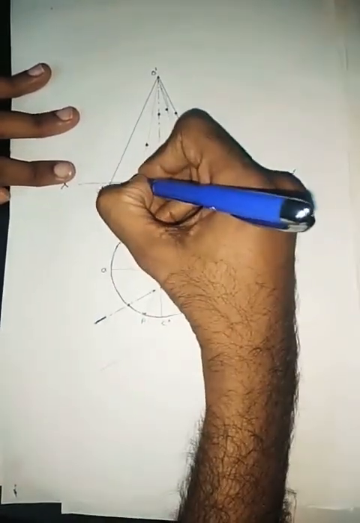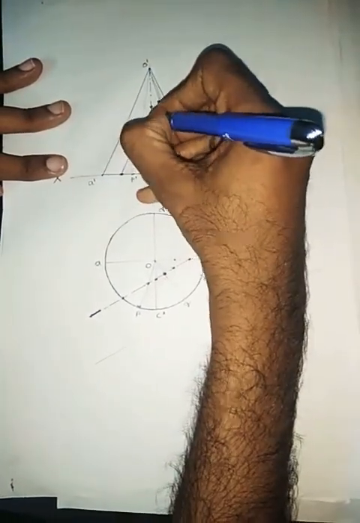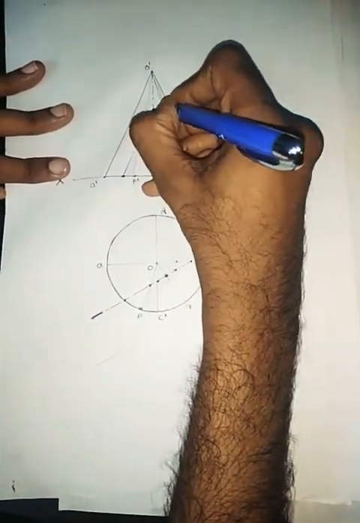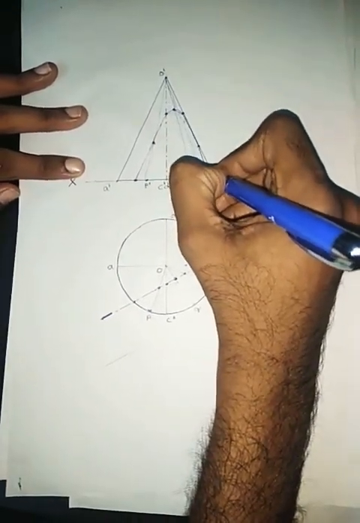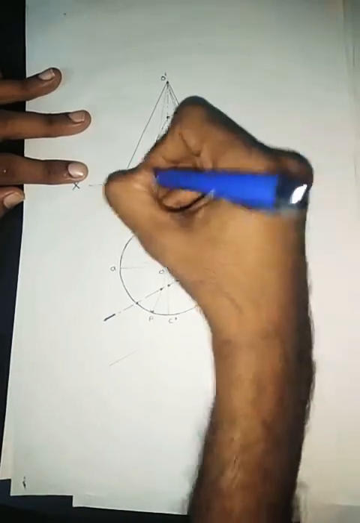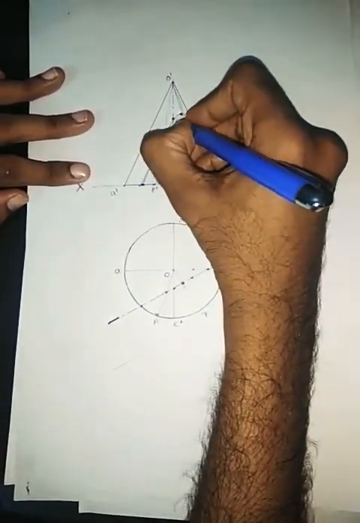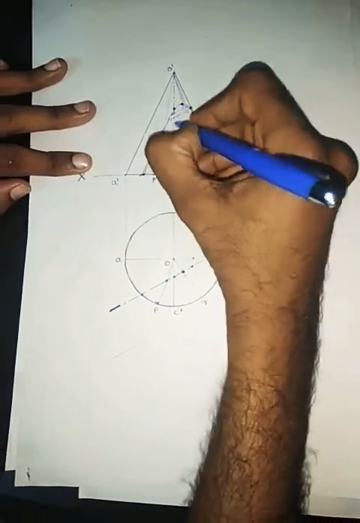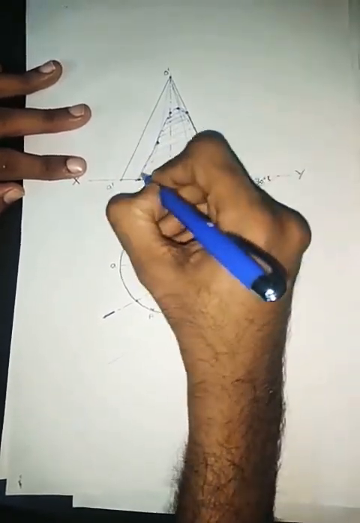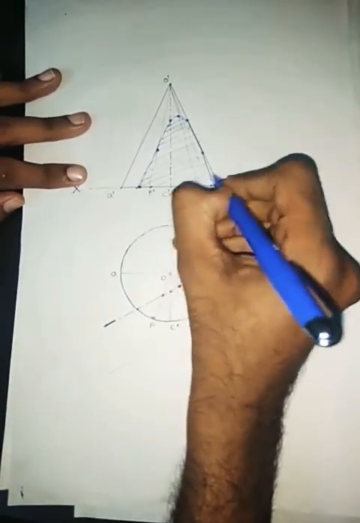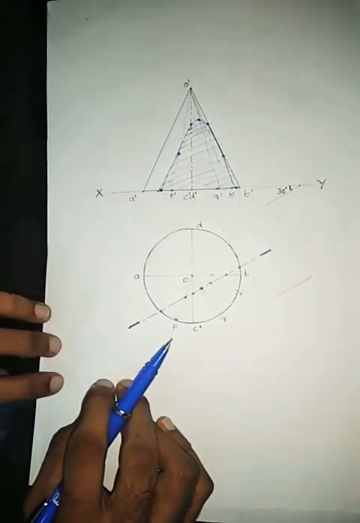So you are getting a lot of points like this. Now join all these points using a smooth curve. The curve that you are getting now is not a hyperbola. Hyperbola, you will be getting only in true shape. So you will be getting a shape like this. This is sectional elevation. So you have to draw the section lines here. As usual, the section lines angle should be 45 degree, exact 45 degree.